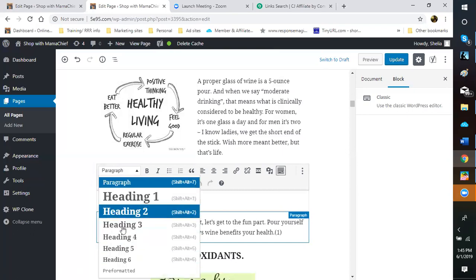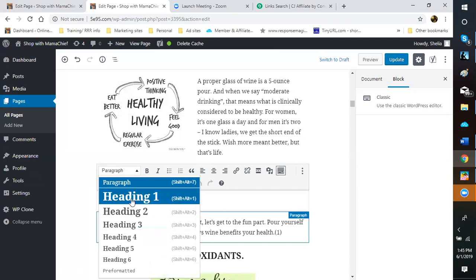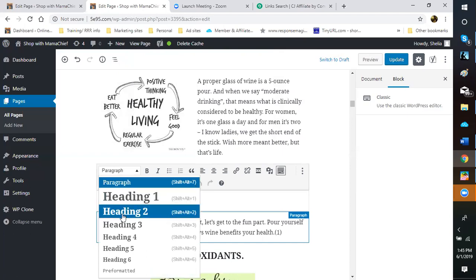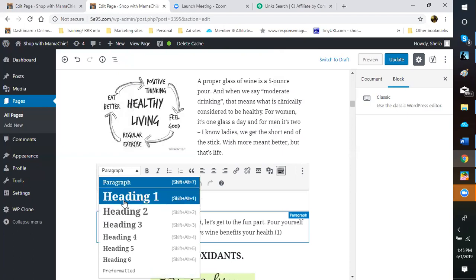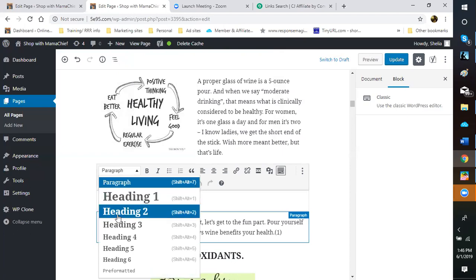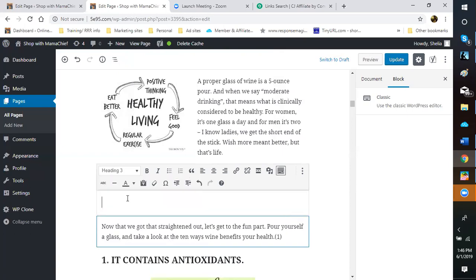And then after you choose, you don't want to use a heading 1, because the heading 1 is reserved for your title. So if you use a heading 1 inside your paragraph or inside your article, in your Yoast down at the bottom in your readability, or either, I can't remember if it's either your readability or it's in your key phrase, it's going to give you the warning that you used a heading 1 in your page, and not to do that. So you always want to use a heading 2 or smaller inside your page, because heading 1 is reserved for your title. So once you choose your heading, okay,